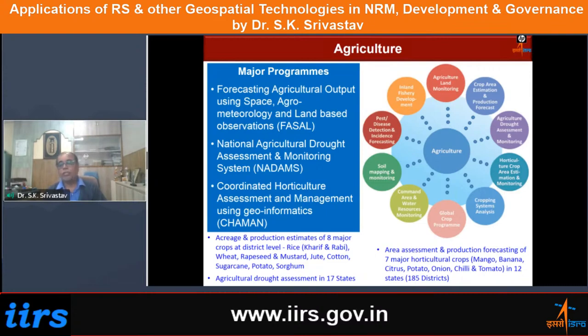So using remote sensing data and also some other ground information, the agricultural drought assessment is done once in every 15 days at district level, and the information is passed on to the state government as well as the district administration for taking up actions on the ground. And this is done on an operational basis during the monsoon season, and currently the research is going on at how to provide this kind of information on the agricultural drought even in the Rabi season.